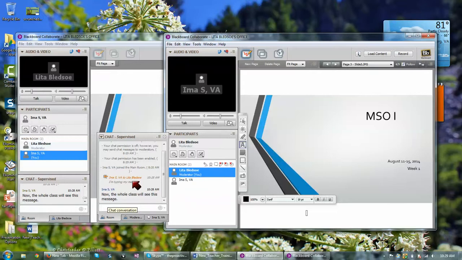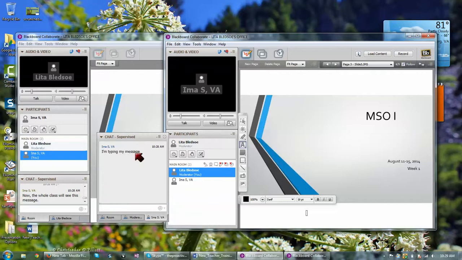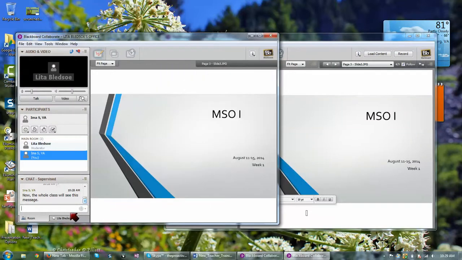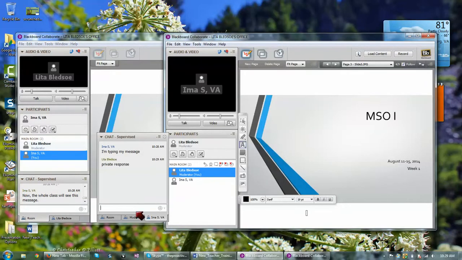If I want to respond to the student individually, then I can click over here and this will take me to the private conversation and I can respond privately to the student. So this is a private response and the student can see it over here on their private response tab. If I want it to be a public response,